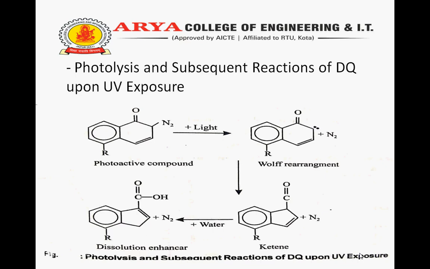The resultant molecule is called ketene. In the presence of water, a final rearrangement occurs in which the double bond to this external carbon is replaced with a single bond and an OH group. The final product is carboxylic acid. This complete process is shown in the figure.